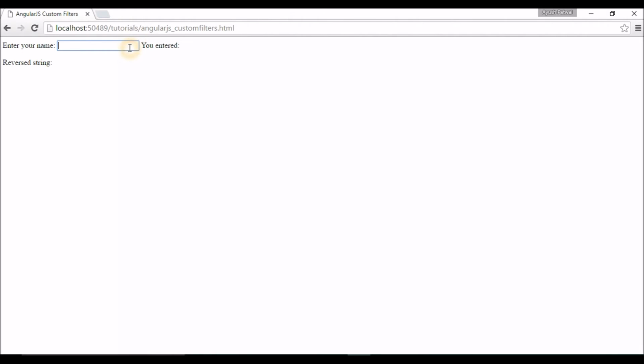Over here, enter your name. If I enter my name as IntelliLearn, you can see you entered IntelliLearn, and the reverse string is this.